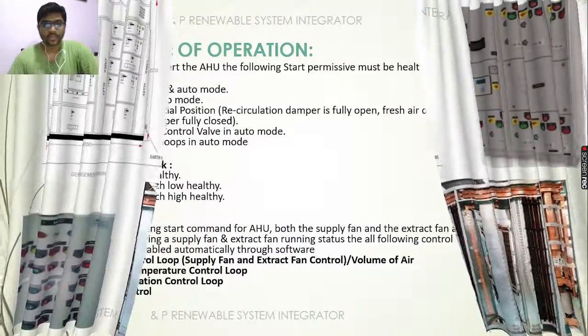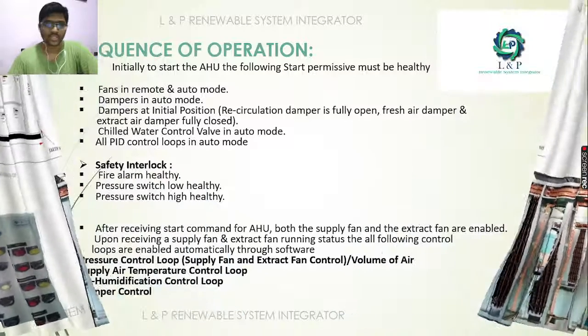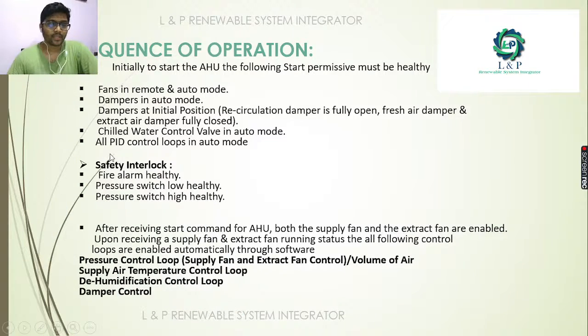So if we get into the operation, I'm just giving a gist of the operation. We have to check initially whether the fan is in the remote mode. Dampers are in the auto mode, because for calibration purposes we can take each and every unit present in the operating, commandable units into manual in the operate mode. Now let's have a confirmation to make the operation in automatic mode.